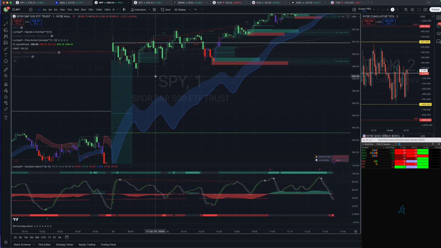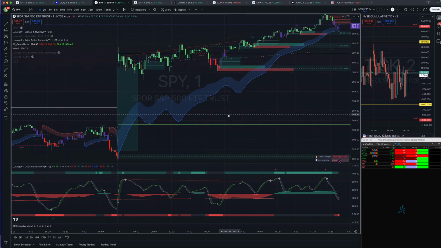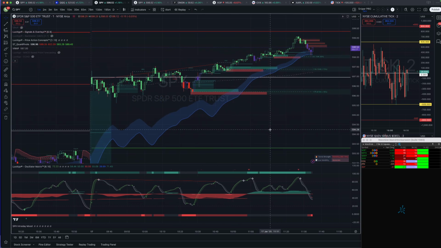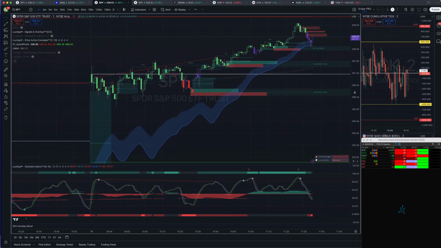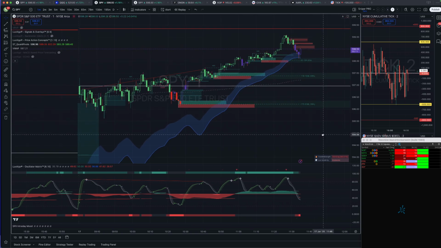And sold off just a touch, but the SPY stayed real strong, as did the Qs, but the SPY stayed stronger than most. And then we just started this slow grind up, and I made a couple of sniper trades and captured that. You had to be nice and patient because it wasn't moving super fast, but when you gap up like that,